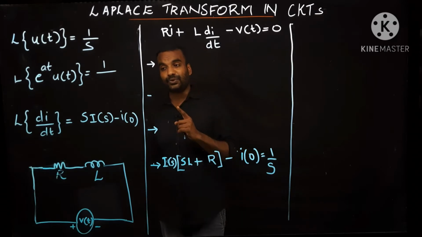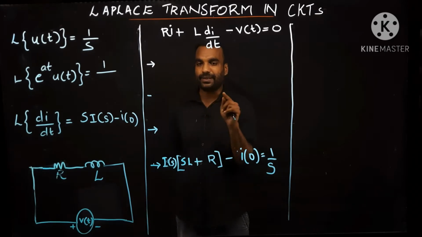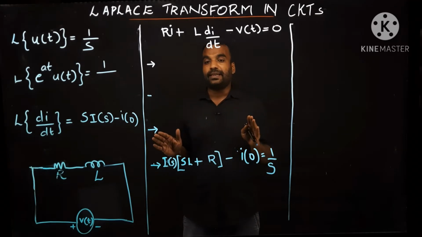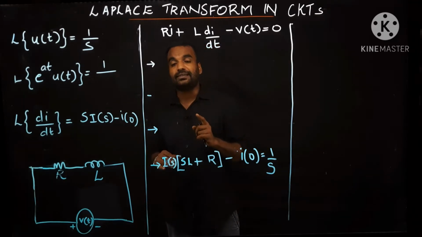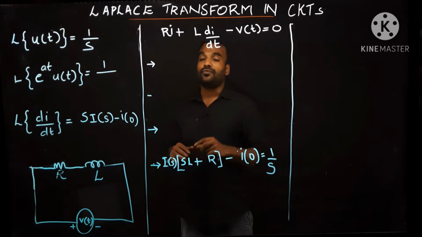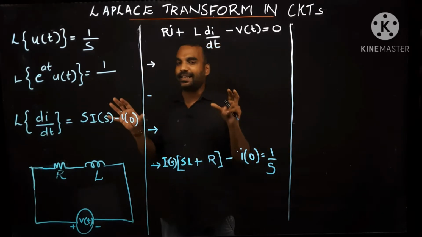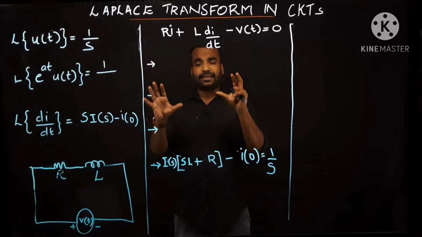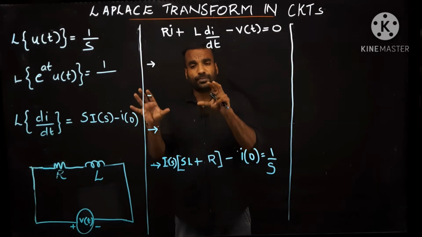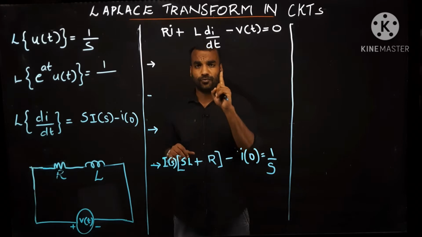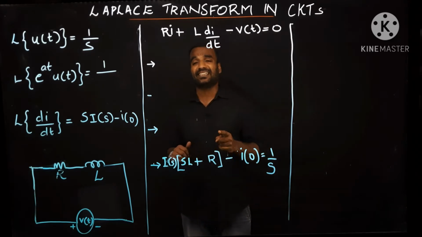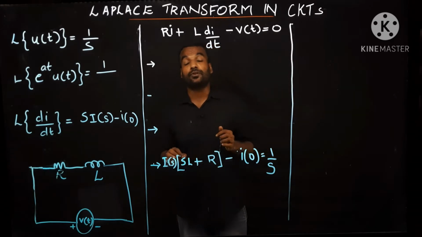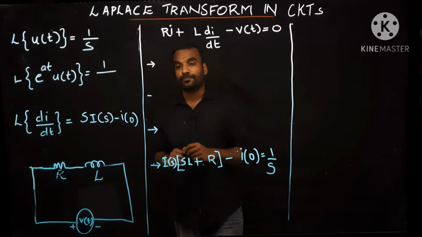In an RL circuit, L is a memory element, and the resistor is a memoryless element. In the case of RC also, it has one memory element. So for both RL and RC, the differential equation formed from the circuit will be of order 1. But an RLC circuit has two memory elements, so the differential equation will be of order 2.